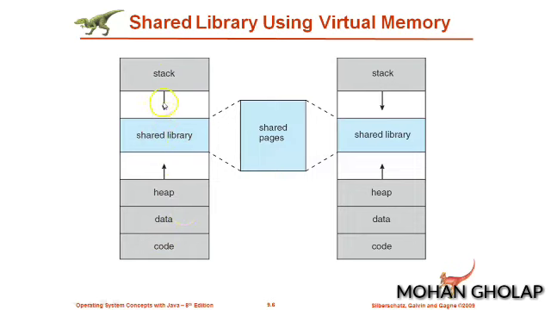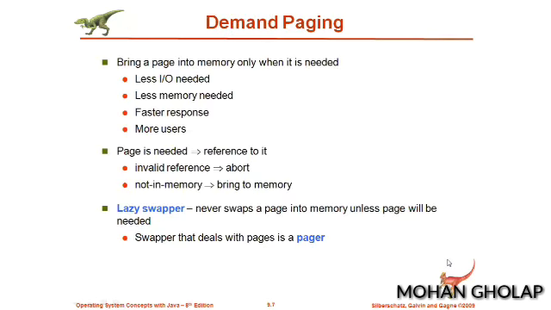Each process has its own stack segment, heap, data, code, and so on. In the virtual address space we have the shared library, and the second process also has its own copies of these segments, and along with that in the virtual memory it has the shared library. But only one copy of the shared page will be there, and it will be shared among a number of processes. In this way virtual memory can be used, and this is helpful for sharing common code among processes. Next, we'll start the discussion of implementing virtual memory with demand paging.